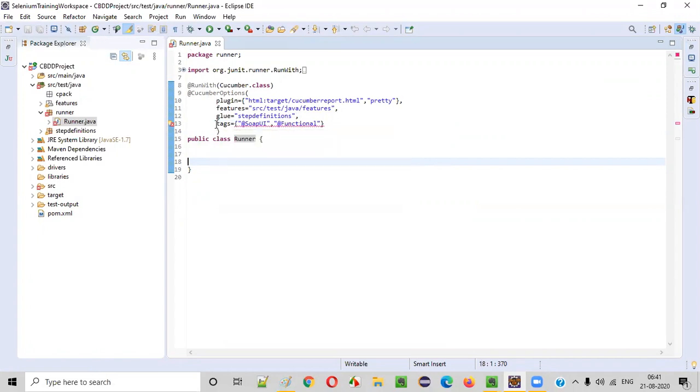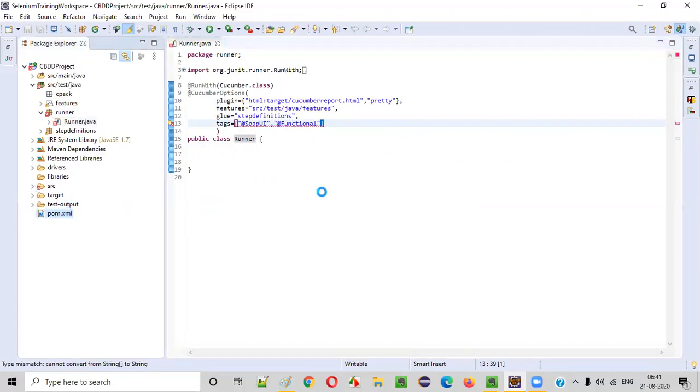I did a bit of R&D around this yesterday and found that these curly brackets are not acceptable in the latest versions of Cucumber. But if you go with the older versions of Cucumber Java or Cucumber JUnit, then it is working fine.